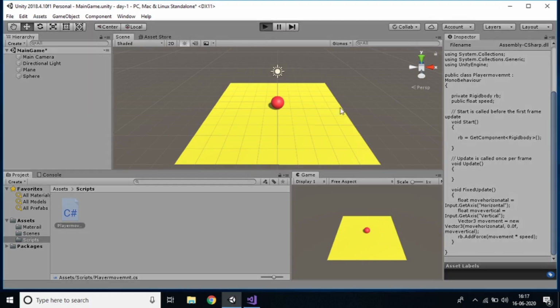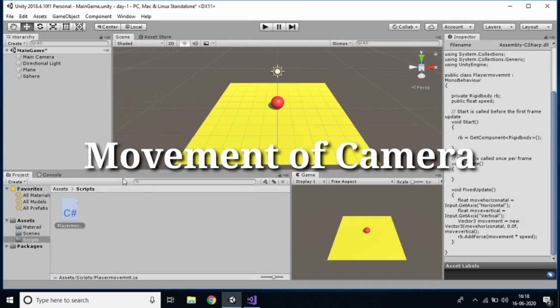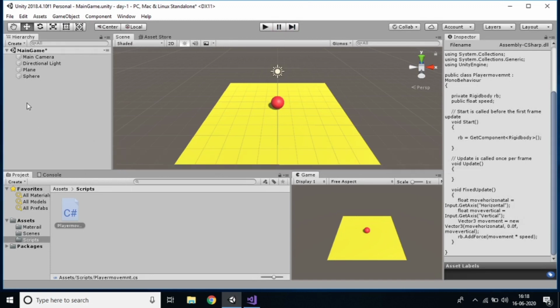while moving the player I also want to move the camera, because you can observe that while the player is moving, the screen stays the same. So I want to move the camera along with the player. For that I have a few ideas in mind. We all know about parent and child. Whatever properties the parent has, the same apply to the child also.